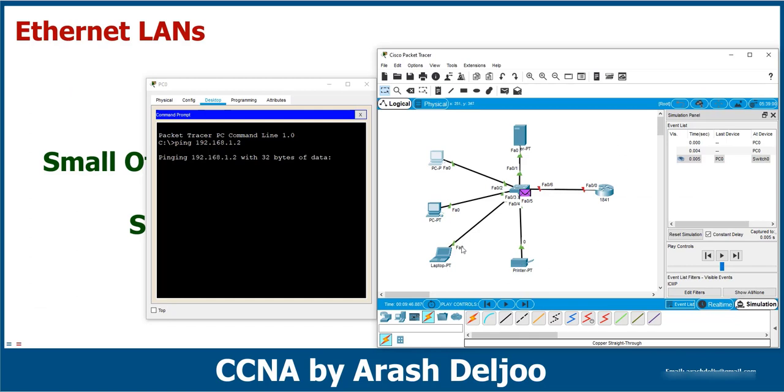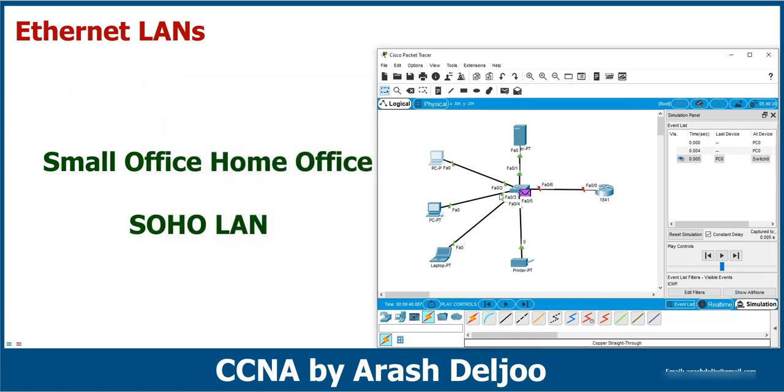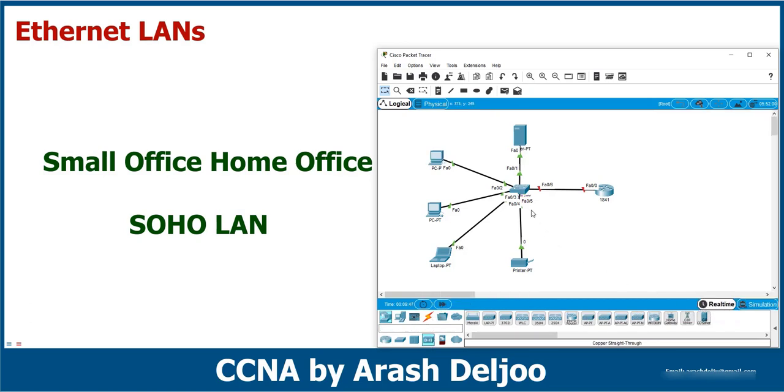Here you can see one small LAN. In this LAN I didn't use an AP or access point, but if you want you can use an access point for wireless communication. As you can see here, we have only wired devices, but we can add wireless to this LAN, and then we have two parts in our LAN. The first part is Ethernet and the second